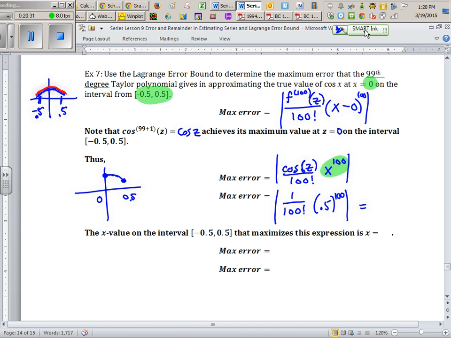So what you need to type is 0.5 to the 100th over 100 factorial. The problem is most of our calculators will overflow with a factorial this large. So you might have to go on Wolfram Alpha to get the correct answer here, which I did. To save us a little time, or if you have the app, you can just type that. By the time I find the page and the answer, you'll probably have the answer anyway. It's a ridiculously small answer. The max error here is